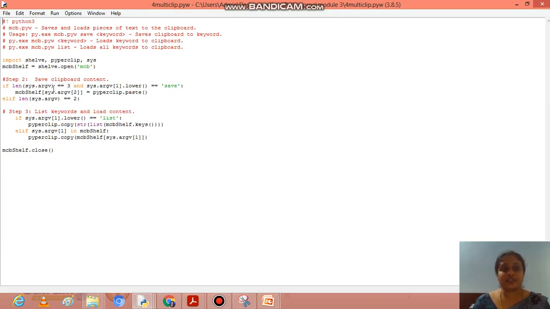If the length of sys.argv is equal to 3 and sys.argv[1].lower() is equal to save, then mcpshelf[sys.argv[2]] is equal to pyperclip.paste(). If the data taken from the command line argument matches the shelf object, then you have to paste the data with the help of pyperclip. Else